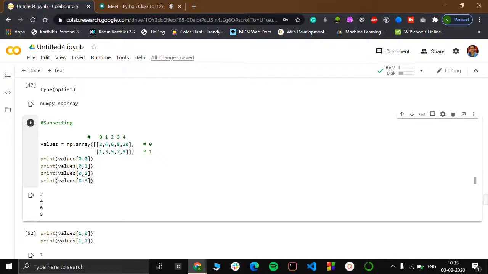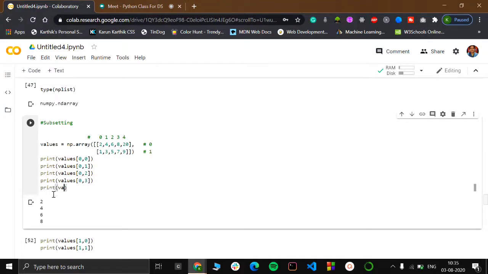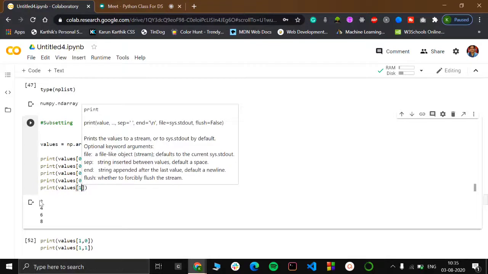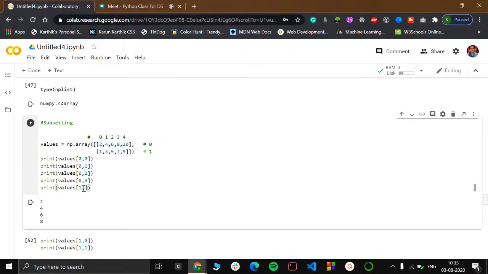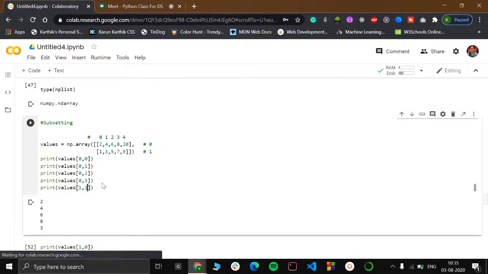So let's try to print values 1 comma, I want to print 3, so I'll give here 1, sorry. So 1 would be going like this, and again the column index value is 1, so it is coming like this. What is common in both here? 1 and 1, it is 3, right? So you are printing 3. Let's say I want to print 5, so I would do that with 1 and column index position 2. So I'll print 1 comma 2, and it gives me 5.